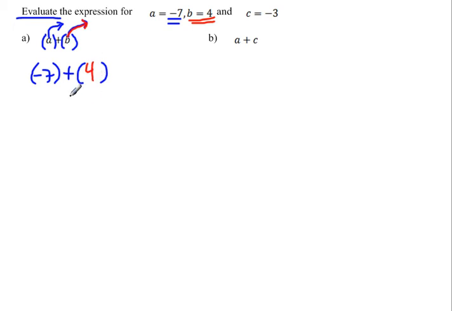And so now we have our problem that we need to do. We're going to be doing -7 plus 4. If we notice these two numbers that we're adding, their signs are different, so we know we need to take the difference. -7 plus 4, well, since their signs are different, we're going to subtract. 7 minus 4 is 3. And because the 7 is negative and 7 has the larger absolute value, that's the sign of our answer. Our answer is going to be -3.